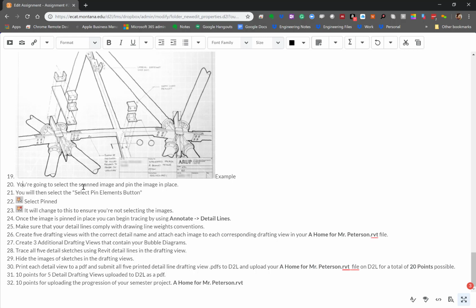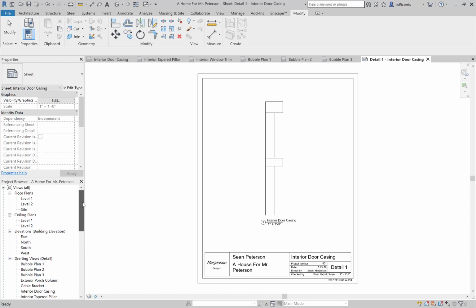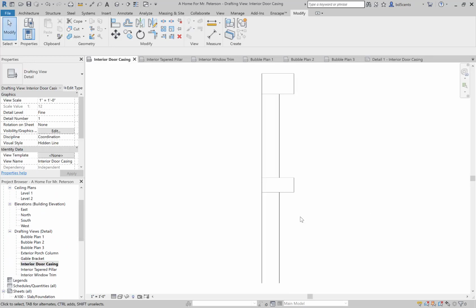Step 20, you're going to select the scanned image and pin the image in place. You will then select the Select Pinned Elements button that is associated on the bottom right here. So if I go into the actual detail of interior door casing, and I say select pinned elements, I